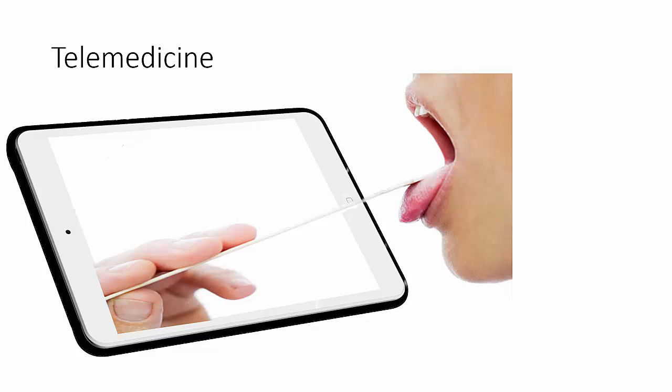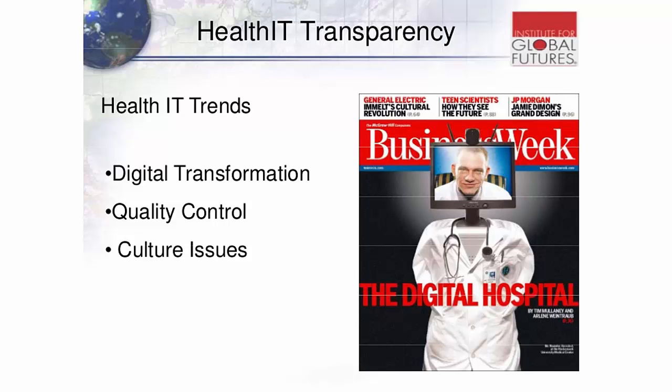And so when you go back to this idea of digital transformation, the trends of caregivers need to change. Where you might have gotten half an hour to talk to somebody, now they're going to interact with an app, and then you're going to use that information to ask more pointed questions in a faster fashion, perhaps. We have to understand the quality control within telemedicine